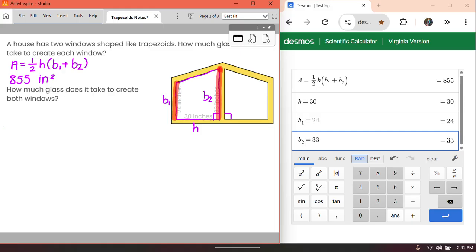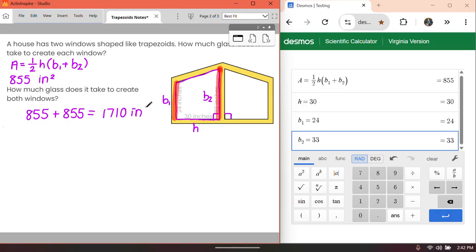Okay, so there's a lot of information in that question, but once you find the three numbers that you need, the rest of the work can be done in the calculator. The second question, I don't really have to calculate too much else. It just says how much glass does it take to create both windows? Well, if I know that each window is 855, I can just add those two together, or you can multiply by 2, and you get